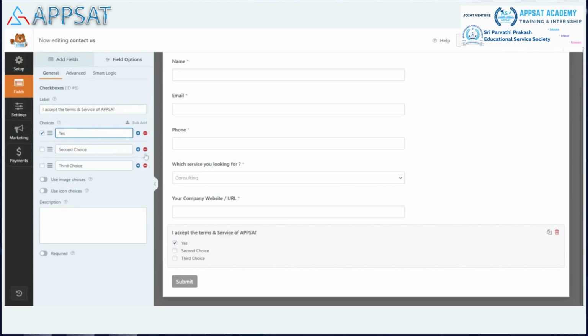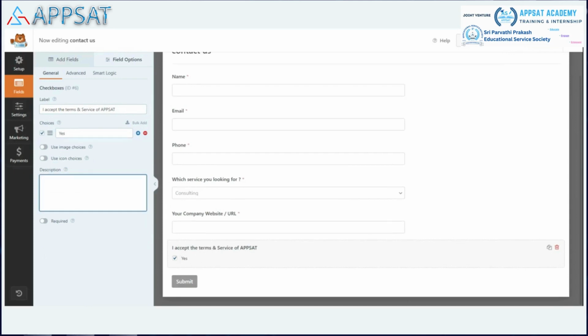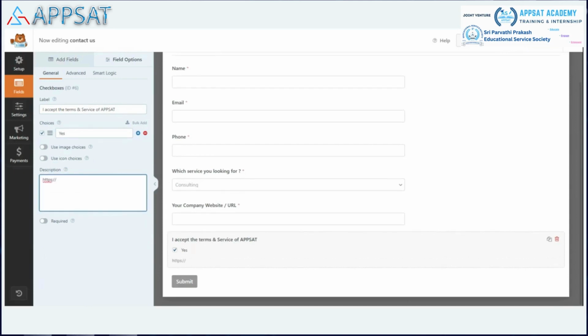Yes, remove these two. Type HTTPS. Instance and usage required, done. So we have created this form here. Now what you have to do is